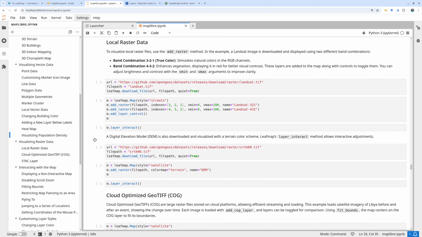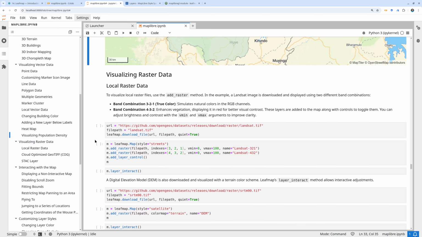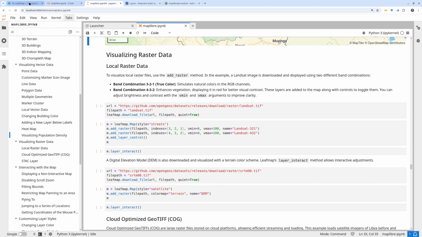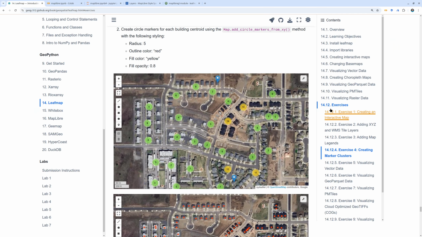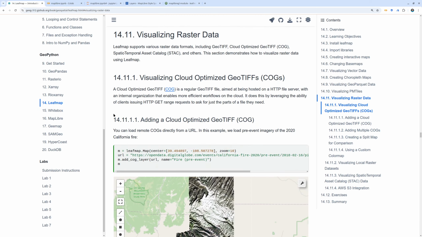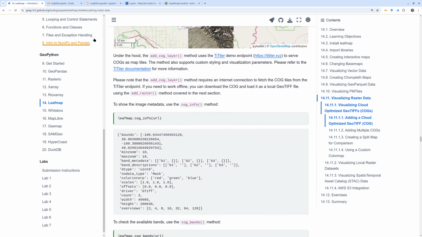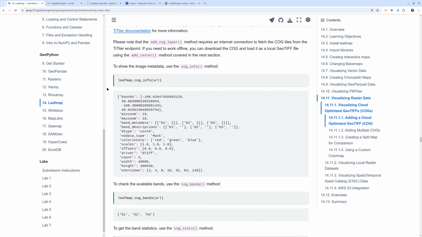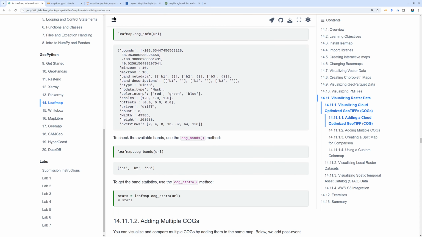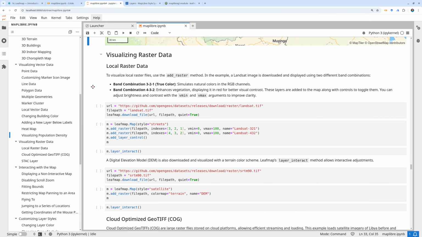Next, we're going to talk about raster data visualization. Raster data, we also cover a lot in the leafmap example, so it's very similar here, visualizing raster. MapLibre can do the same thing. We can visualize satellite data, aerial imagery, single band, multi-band, cloud optimized GeoTIFF. So we can do very much